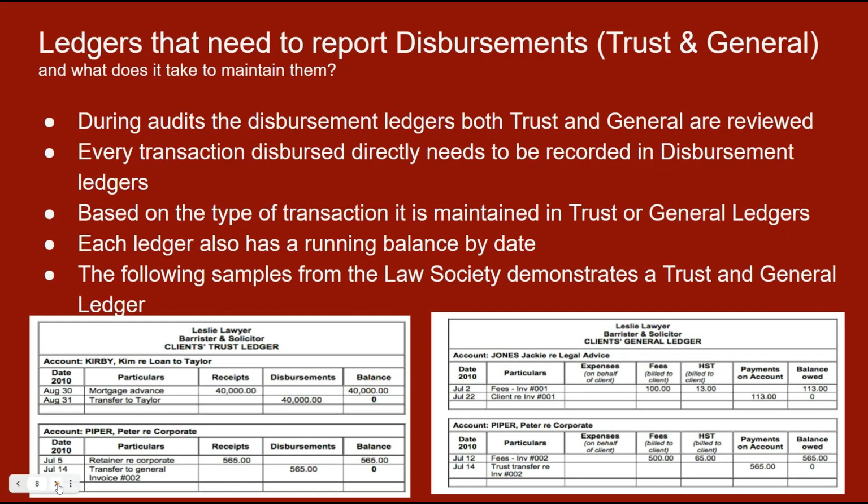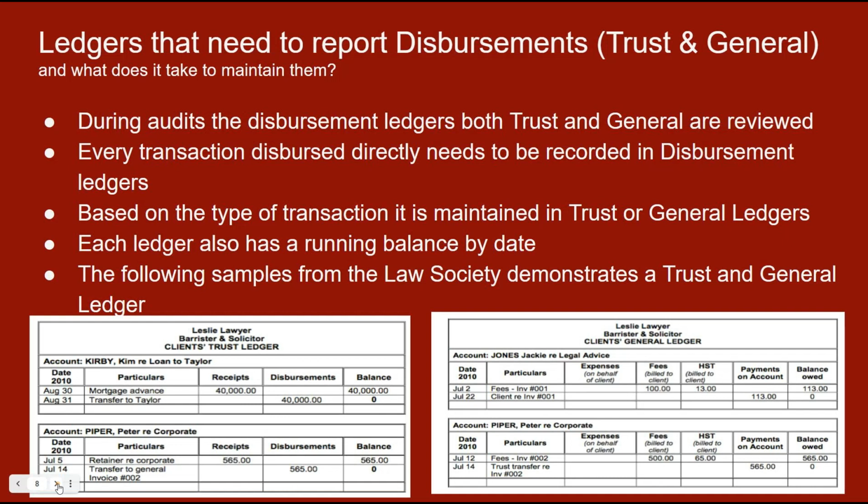It's going to be talking about these documents called law society documents. And again, there's no fear factor associated with it. It's simple, it's straightforward. It's a bunch of 4 or 5 documents, and that's it. So there are ledgers and journals. If you have a trust account, you have a trust ledger. If you have a general account, you have a general ledger.